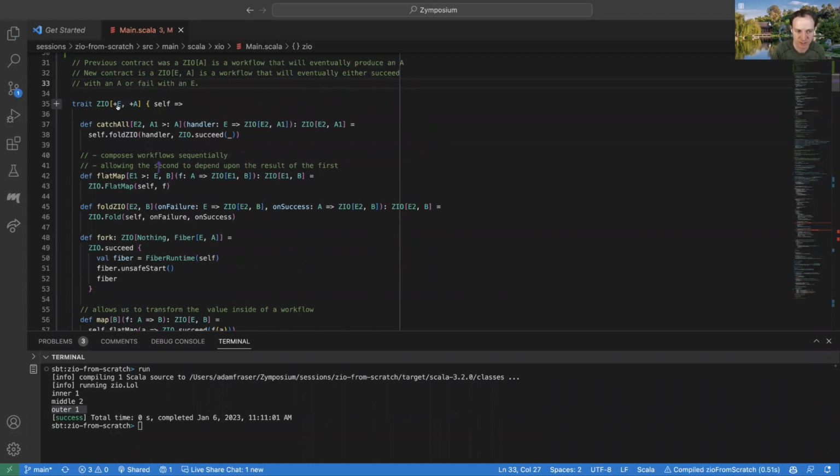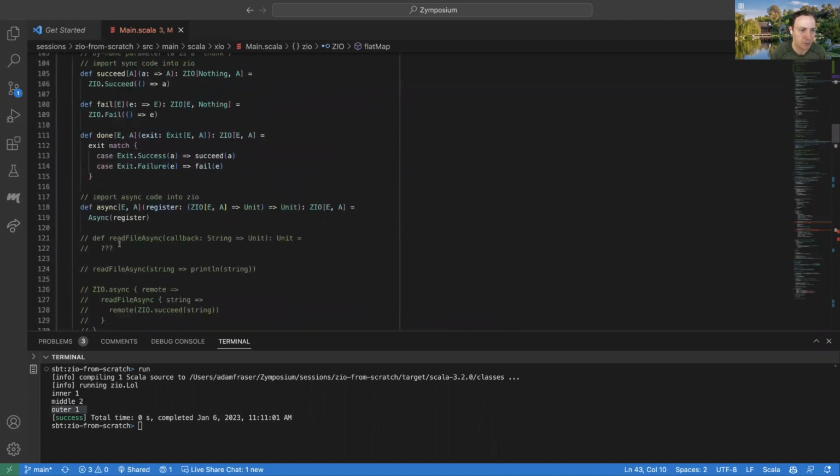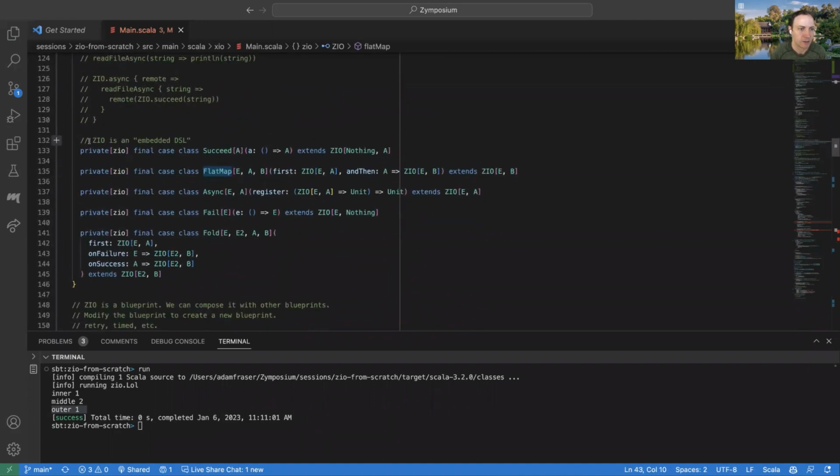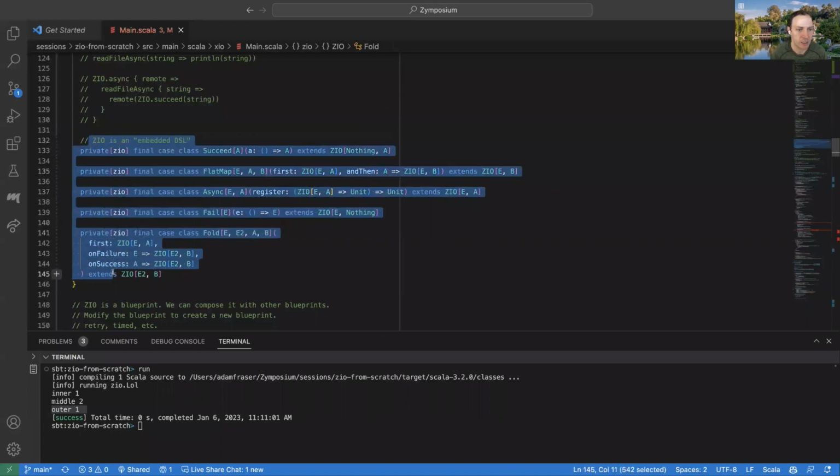So in a way, it's a little bit like a Spark job, in that the execution plan itself is something that you could submit multiple times, and each time it would run. And this ZIO itself is like this mini language that actually just has a couple of cases to it. So if we go down here, right now, our little ZIO language actually only has 5 terms to it.